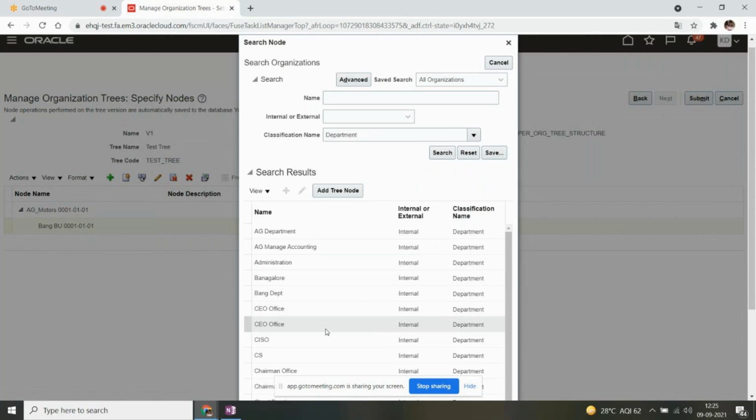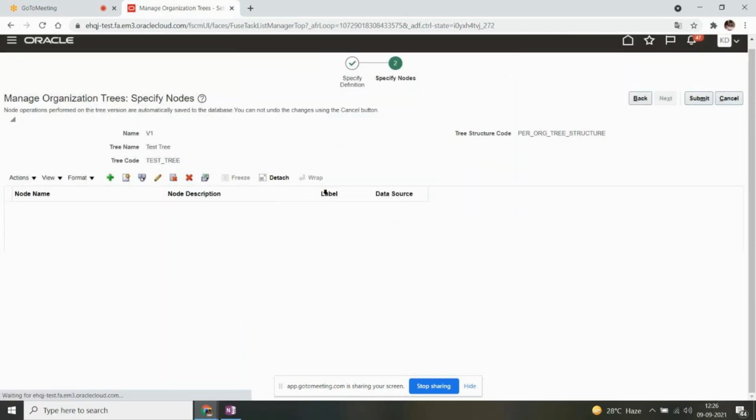You can even select multiple values here. If you want to do that, hold the control button and click this one, this one, this one, then this. These are all the departments I want to add into this business unit. Once you select them, click on add tree node.